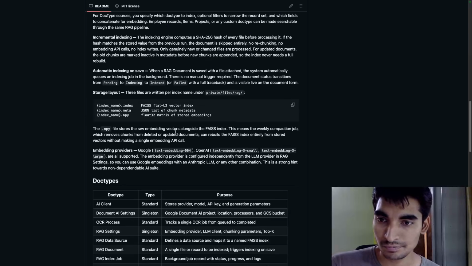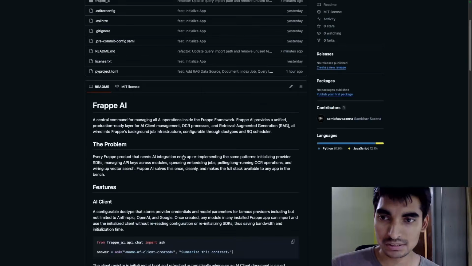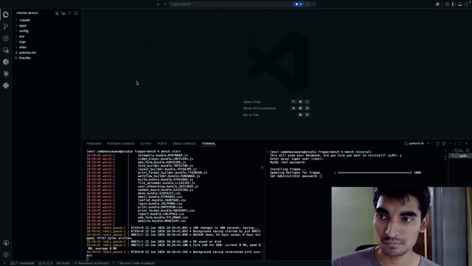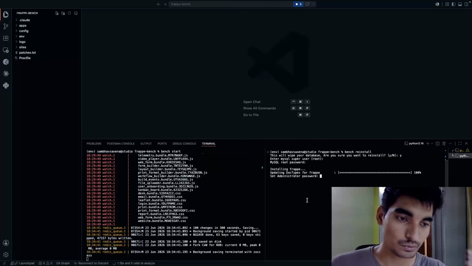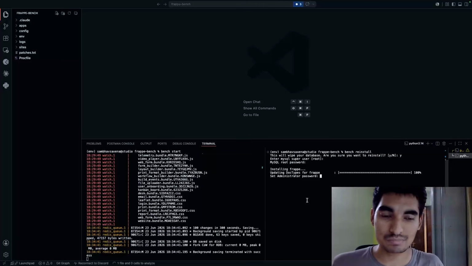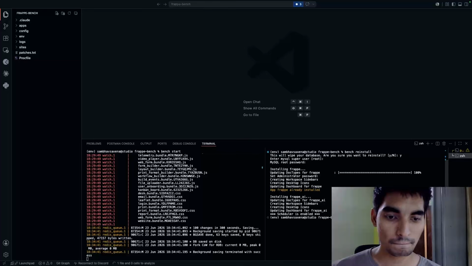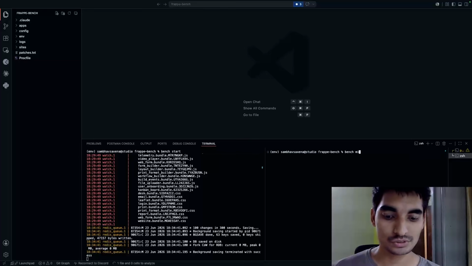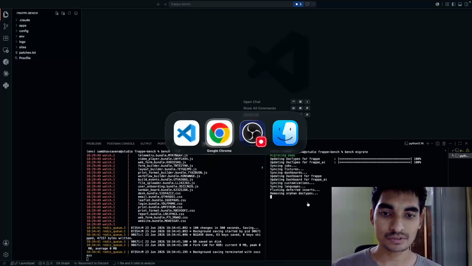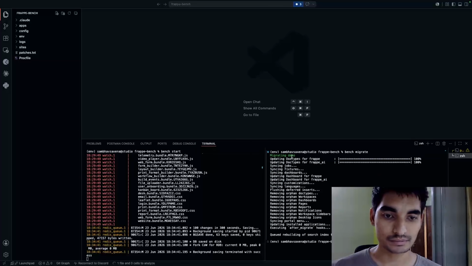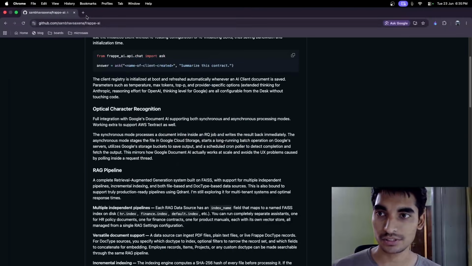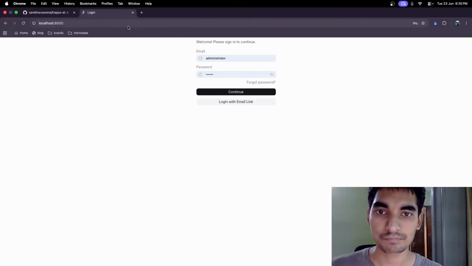So I'll walk you through all of this, and I'll also walk you through the code that I've written here. What I'm trying to do right now is reinstall my site so that I can show you from scratch how to use this. So I'll just set an admin password here. Enabled. Okay, everything's there. I think I should just run bench migrate for the changes to reflect. There's a site named demo, and I'll just log into that site now.